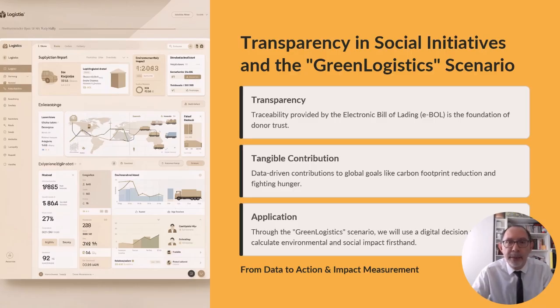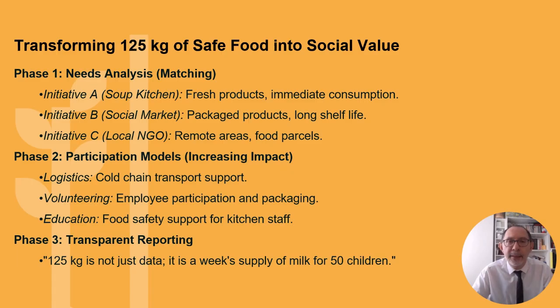Reducing the carbon footprint, protecting water resources, and fighting hunger starts with that single approved decision you make at your computer. Through this practical work, you will learn to select safe food from complex data sets and measure the social and environmental impact of that choice. Now it's time to arm ourselves with digital tools to bring this vision to life. In this slide and in our examples, we examine how the technical data of X kilograms of certified food in our Excel spreadsheet is transformed into a living social benefit.